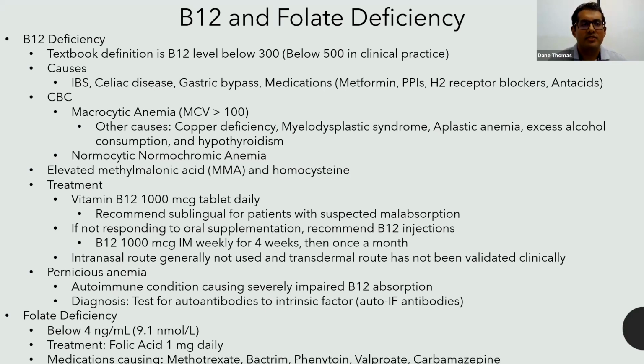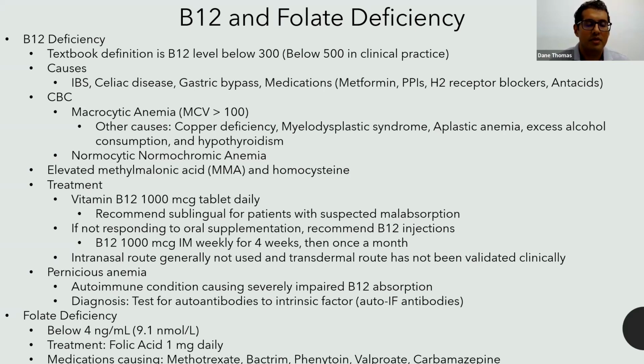Typical findings on CBC reveal macrocytic anemia, and you also want to rule out with macrocytic anemia other potential causes which are listed here, but patients can also have normocytic normochromic anemia. These patients also may have elevated methylmalonic acid and homocysteine levels. Treatment for these patients